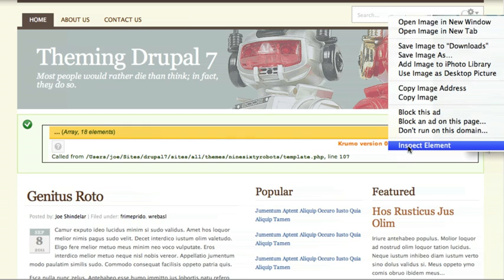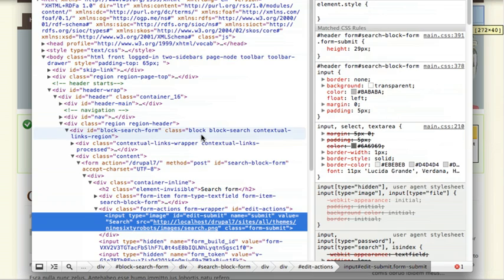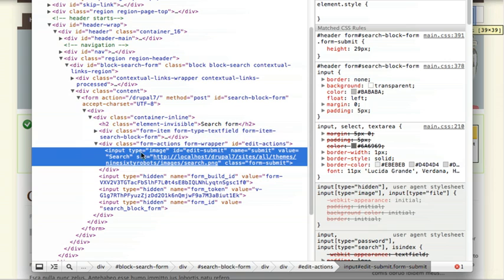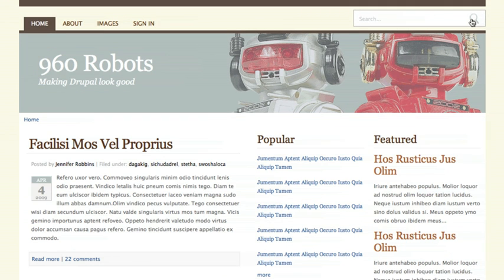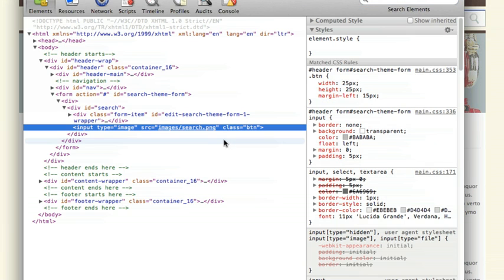I can inspect that element just to get an idea of what that looks like here. I can see it's an input of type image, and the class being applied to it is just one: form-submit. And then if I take a look at our mockup and inspect the search element in the HTML there, I can see that it is an element of type image, just like in our theme, and it has a class of btn. So I need to make sure that ours also gets a class of btn, and I think that'll take care